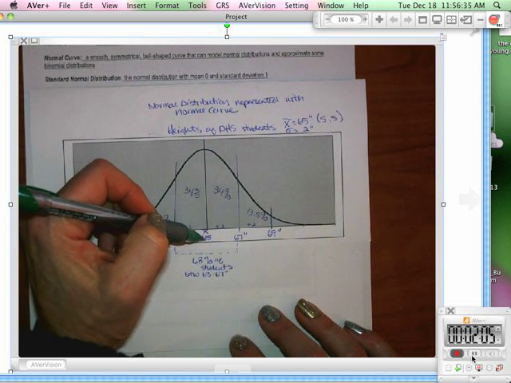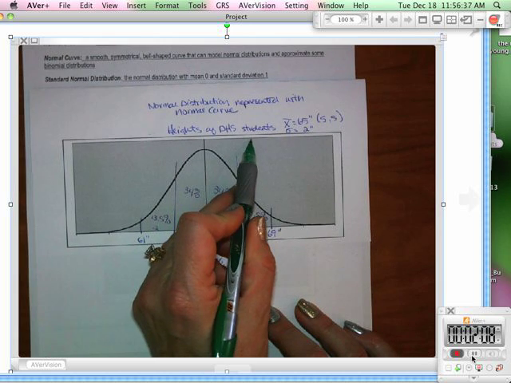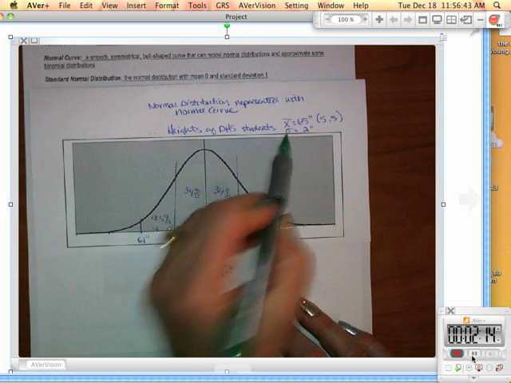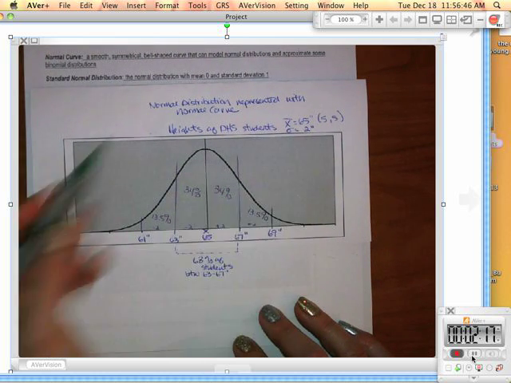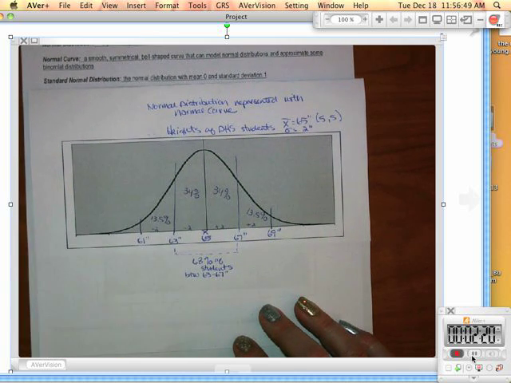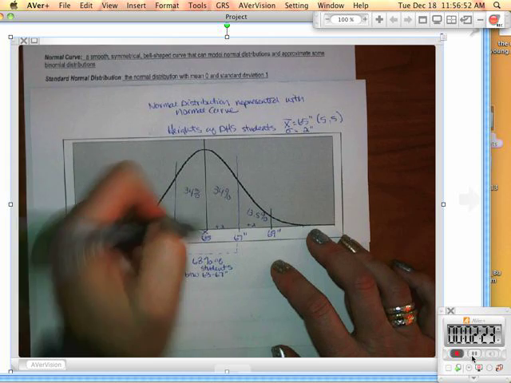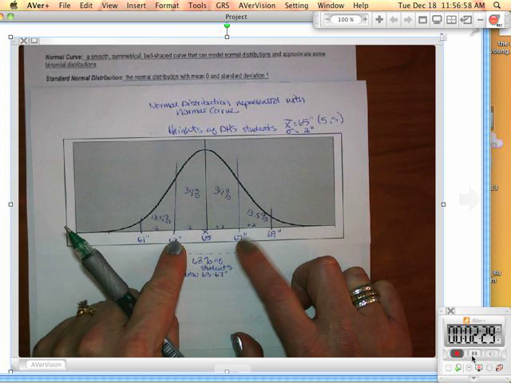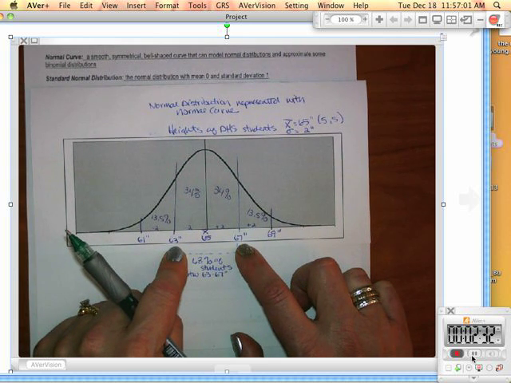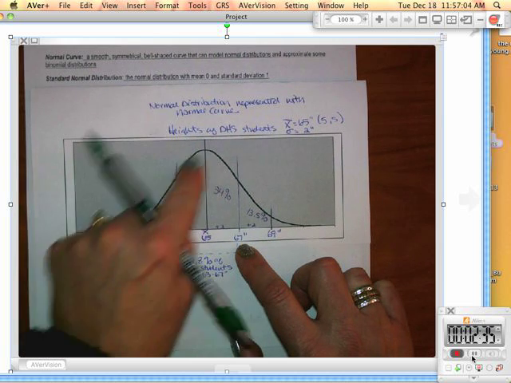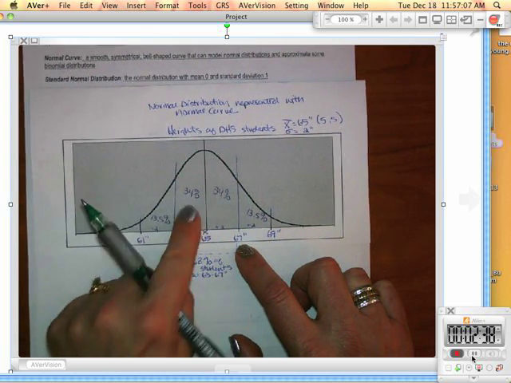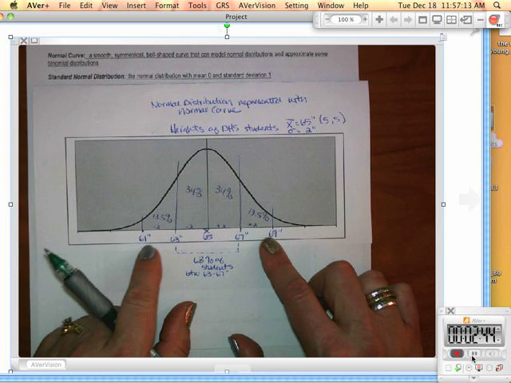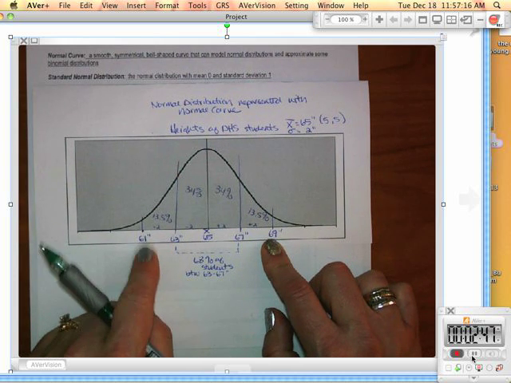Okay, so here I was talking about the heights of DHS students. I'm going to just assume that the average is about 65 inches, which is 5'5". And I'm going to represent a standard deviation of 2 inches. So in a normal curve, what it represents is, it says right here that this is the mean, 65 inches, and within a deviation of 2 each way, so that would be 63 inches here and 67 inches here, they're saying in a normal population, 68% of your population will fall in this area right here, within this range right here. And then if you go another deviation away, 61 inches this way and 69 inches this way, in a